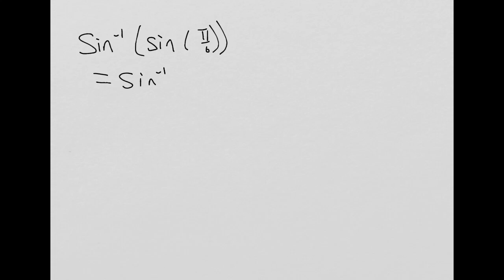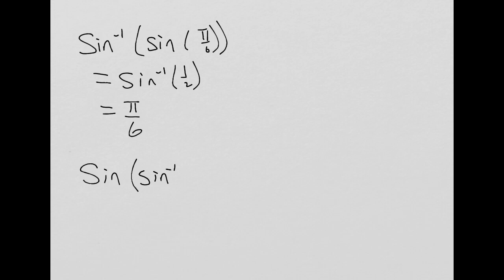Now these two functions should be able to be composed. So if I had sine inverse of sine of pi over 6, this is sine inverse of 1/2, which we have from the last page. It's pi over 6. There's the pi over 6. There it pops right back out. Now similarly, if I had sine of sine inverse of, say, 0,